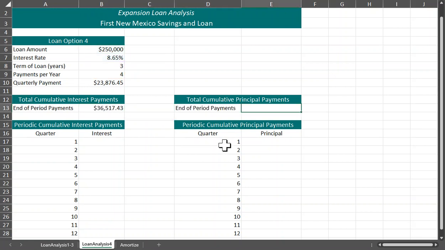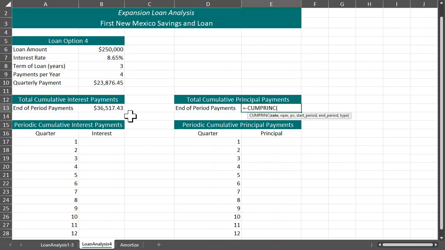But this time, I want to know what my total payments were, as in principal. Not the total number of payments. We could just take this and multiply by 4 times 3, and we'd find out what our total payments were. So here, we're going to do equal CUMPRINC, and this time it's going to be PRINC for total amount paid to principal. So when you make a payment, that's $23,876,